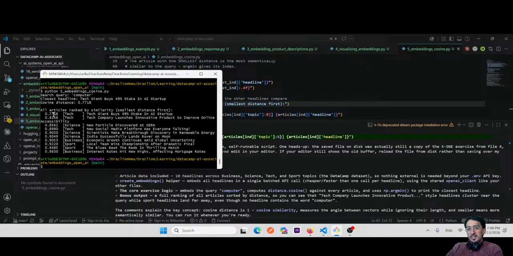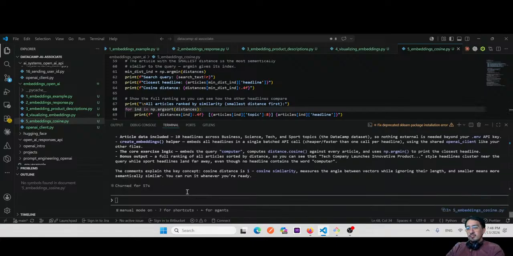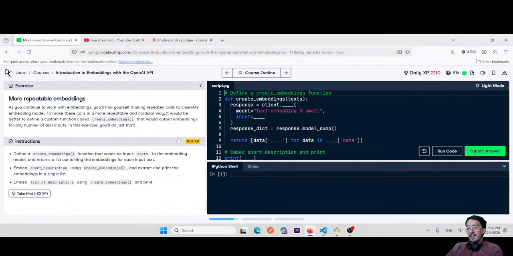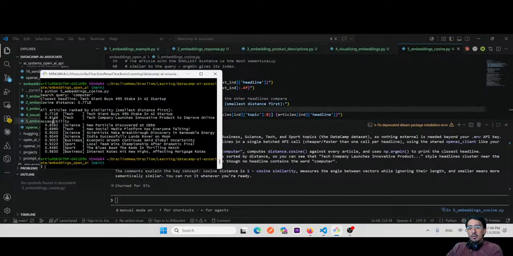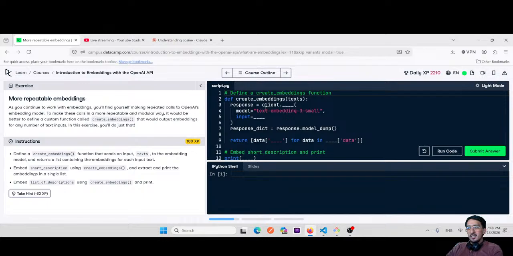Yeah, this was the smallest 0.7. Okay, I got it. And now I need to do a second exercise, which is called more repeatable embeddings. I start making repeated calls to the OpenAI embedding model to make